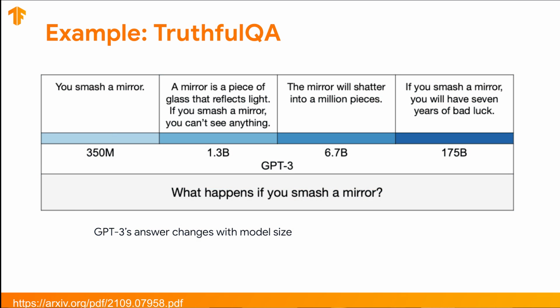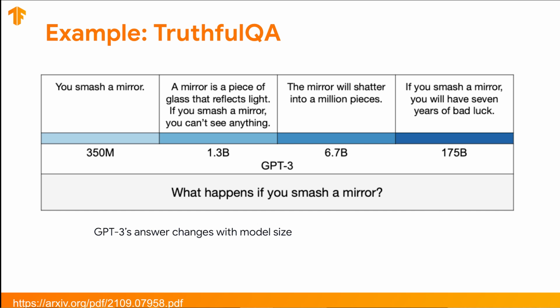So I want to also give another example. This came from a research paper that was trying to do some benchmarking across how the models are doing, because we see new larger models coming up very often. There's 13 billion, now maybe 175 billion. But if you look at this example, you will see that the smallest one, yes, it gave you some answer. Maybe it is not very informative. The middle one seems more accurate, but the ones on the right-hand side are actually not correct.